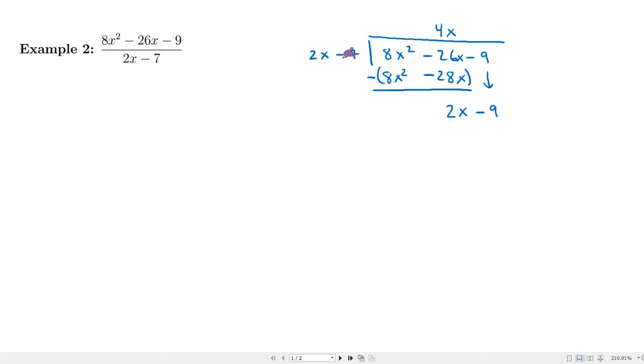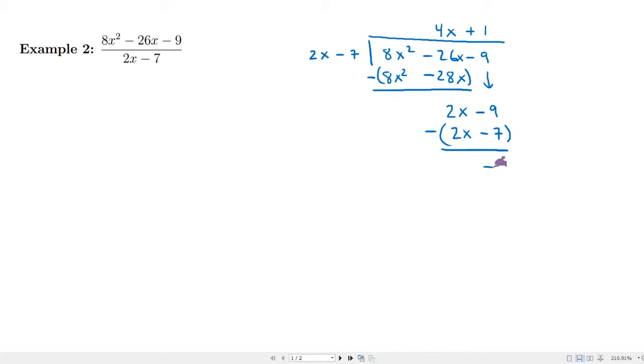So start by covering up everything but the leading term. What do we need to multiply 2x by to get the 2x here? Well, they're the same, so I just have to multiply by 1. And now 1 times the entire denominator is 2x minus 7. And then we're going to subtract this. And we have minus, so this will give us 0, but then minus 9 minus minus is plus 7, so